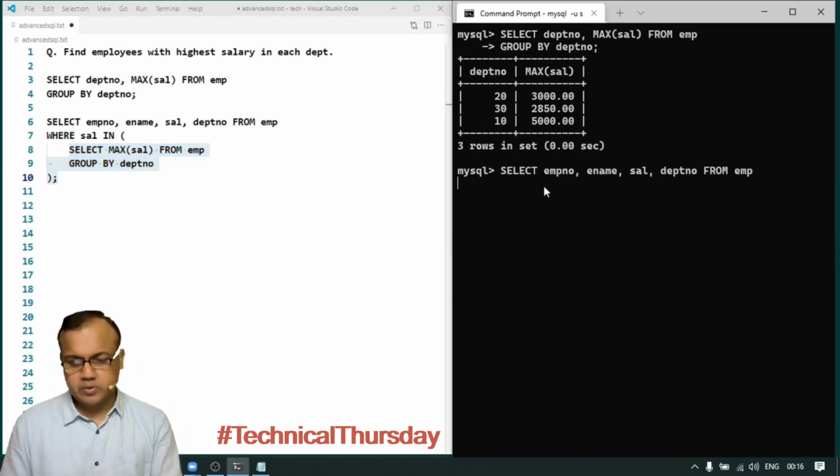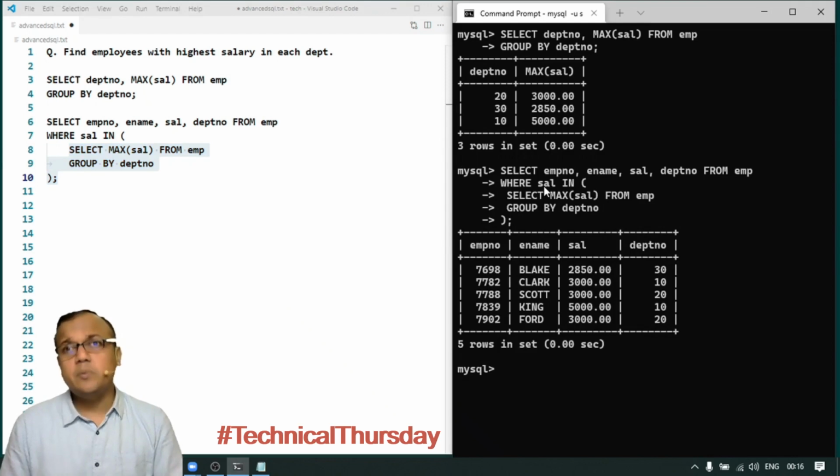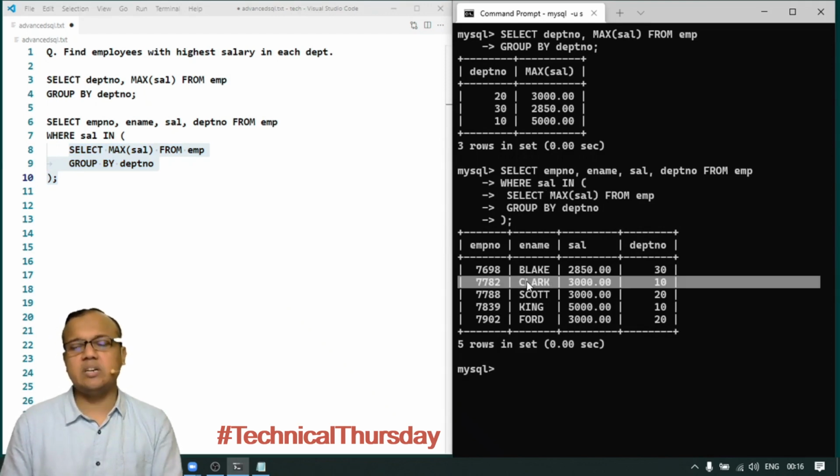If I execute this query, I will get a result. However, I will also get the Clerk whose salary is 3000 even though he is not highest in that department.